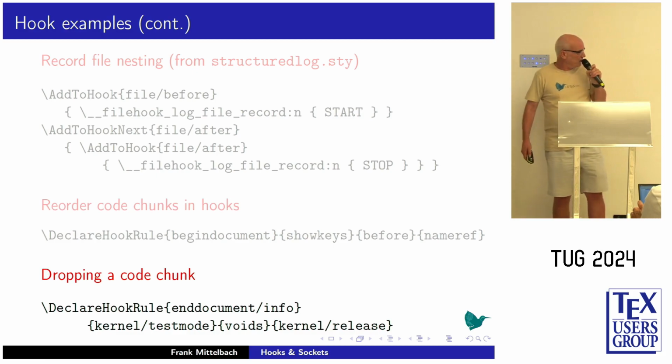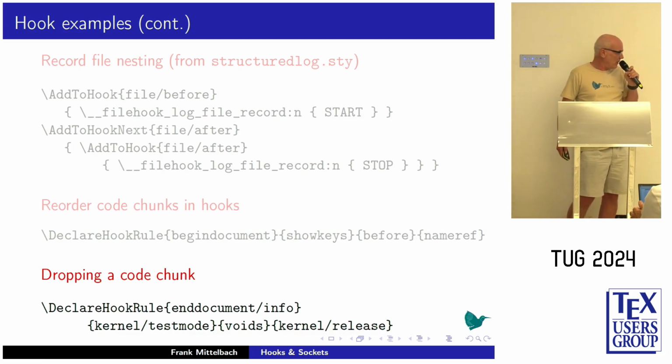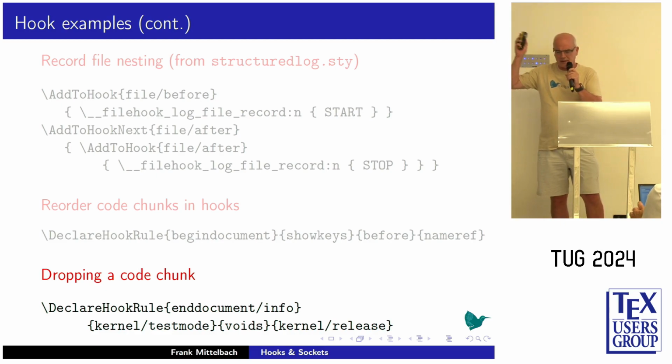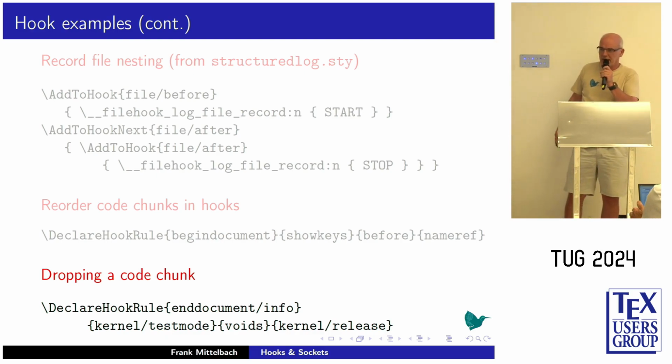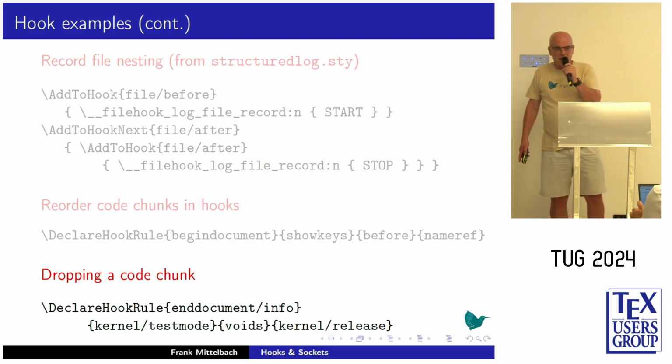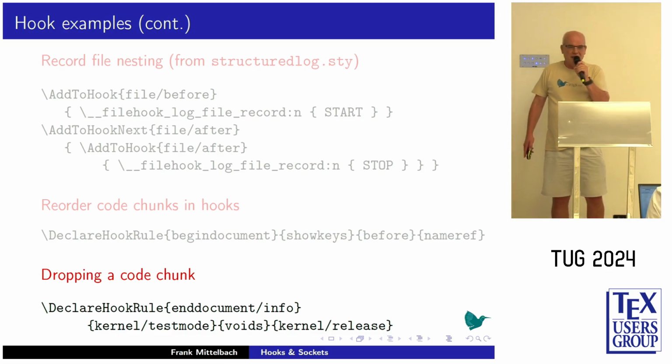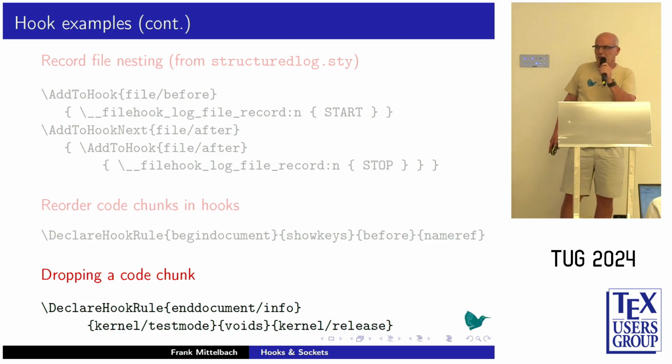This is another example coming from our test suite. You might know that these days LaTeX not only announces information about itself at the beginning of the log file or beginning of the run, it also says what version it is, and so at the very end. That was a request by Carl Barry. He wanted to have that at the very end, because at the beginning it's often not visible if you run